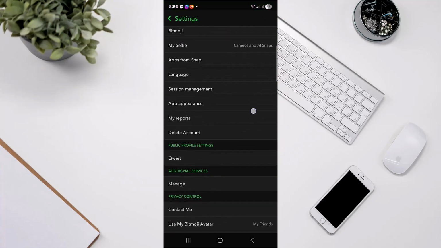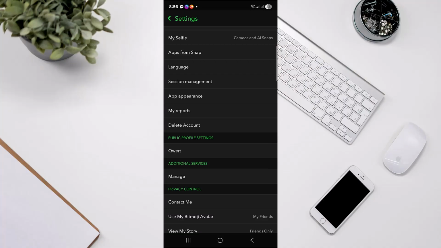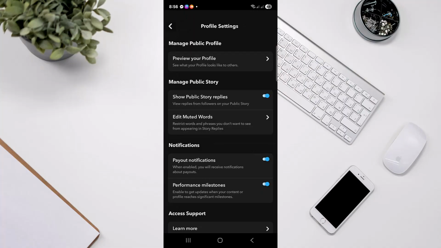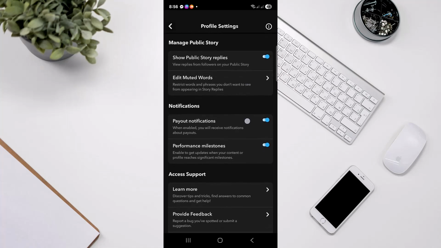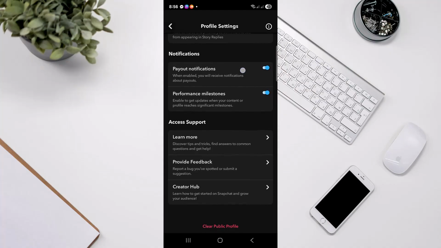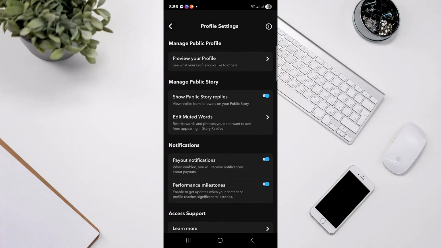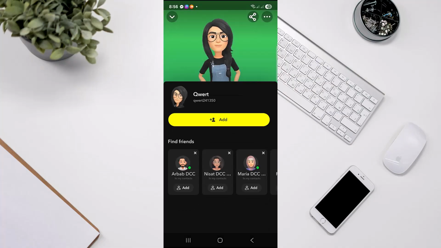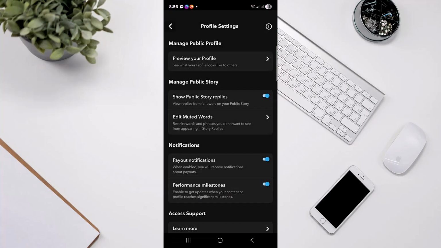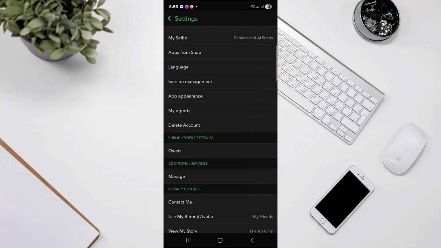Now scroll down and you will find public profile settings. Head over there. And here you can just turn everything on like notifications, payout notifications, performance milestones, access support, show public story replies. You can always preview your profile like how you chose on public and go back and scroll